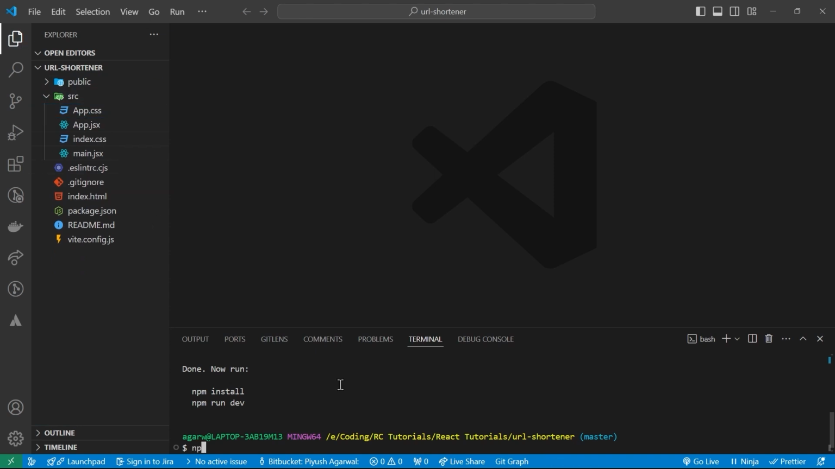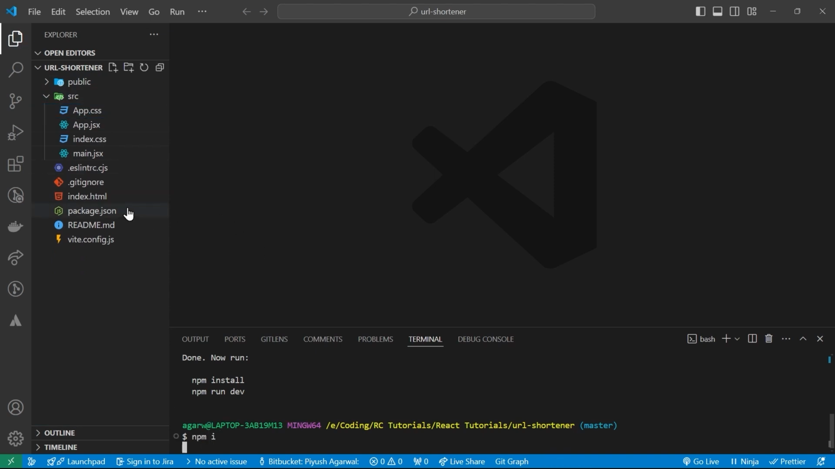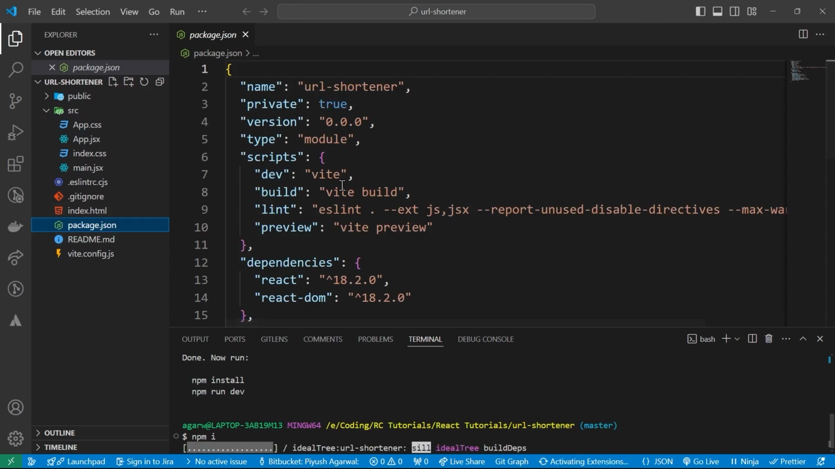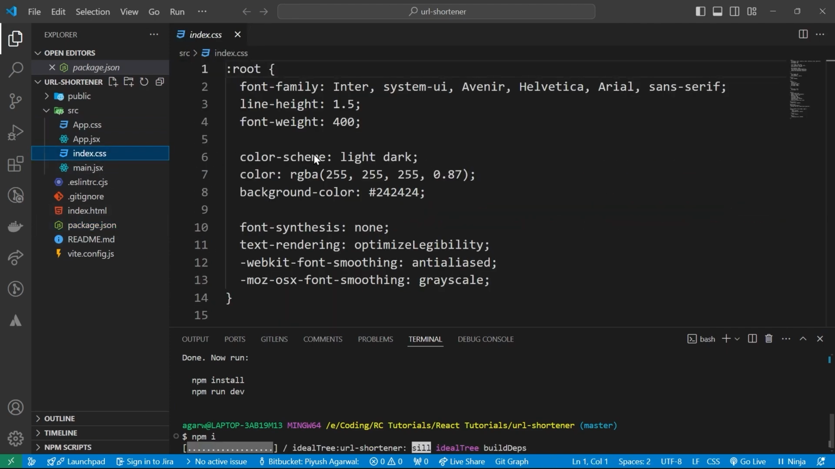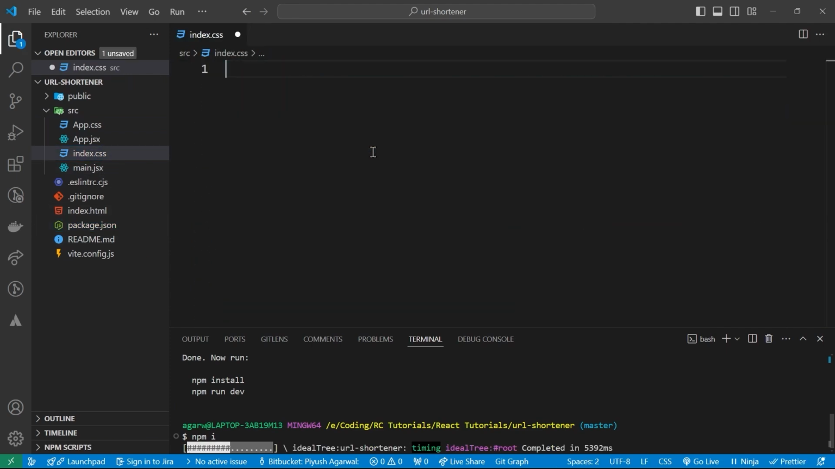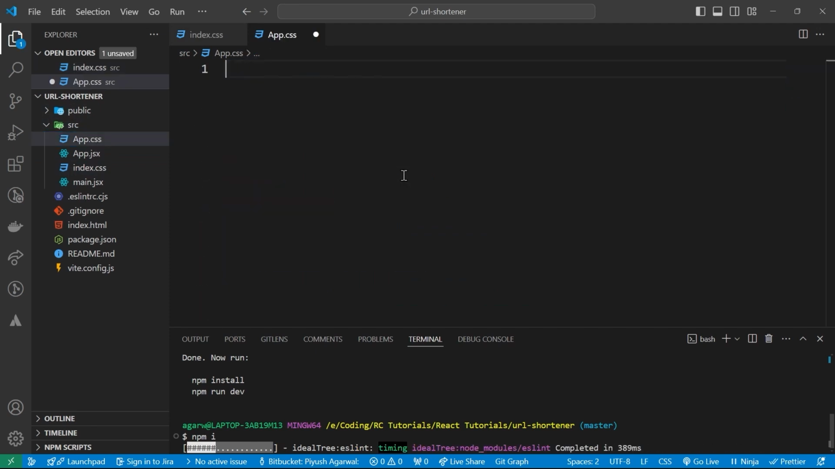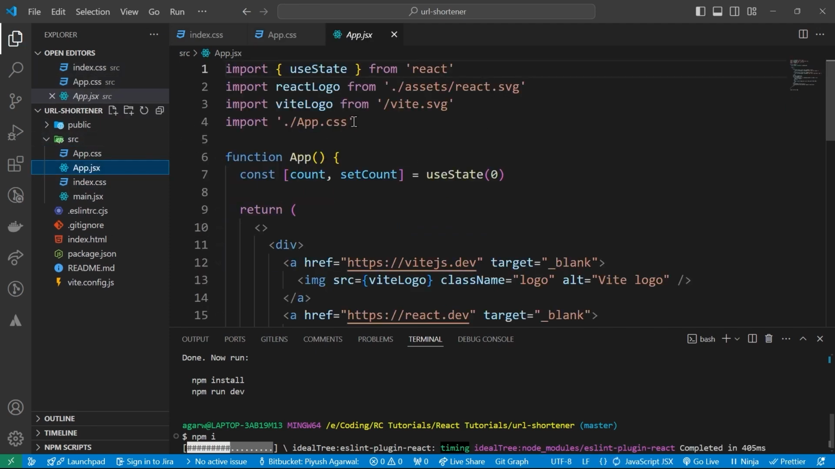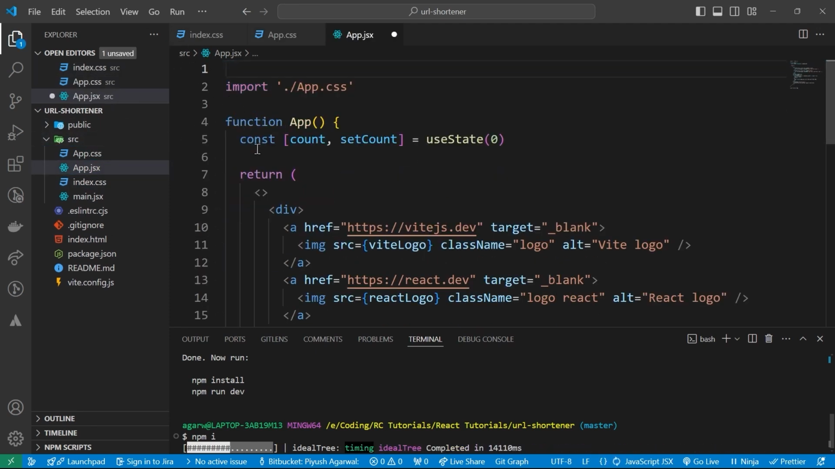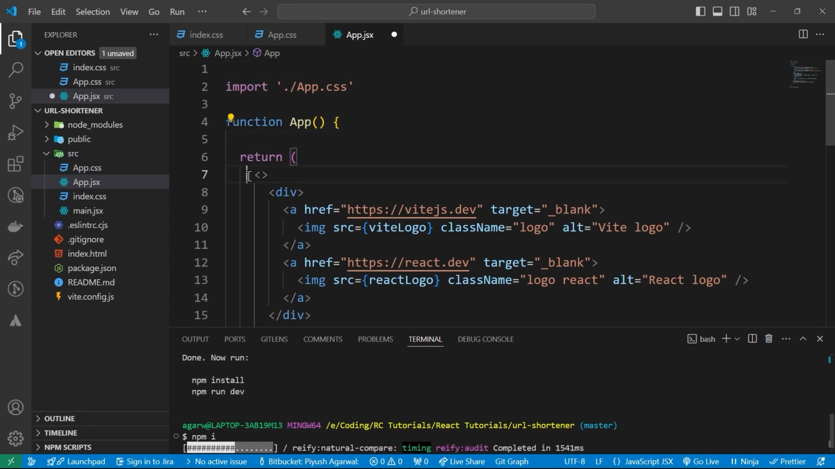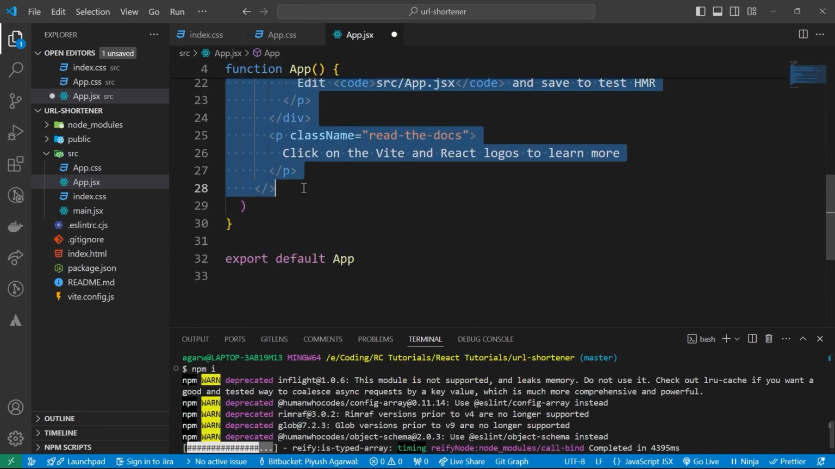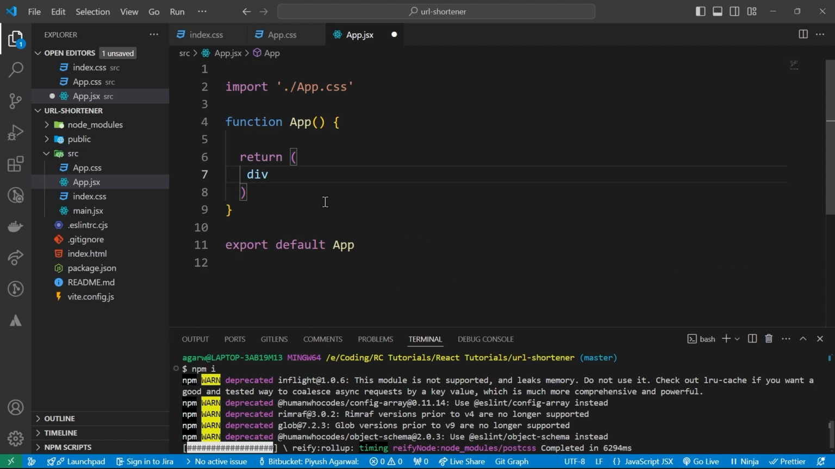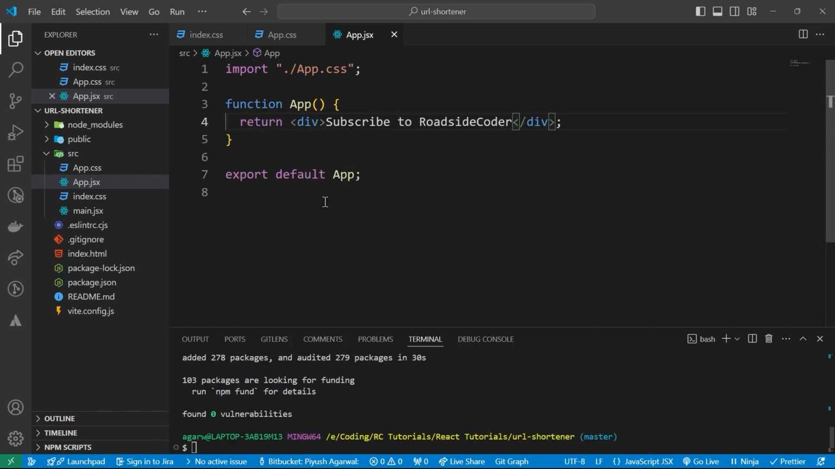And meanwhile, I'm gonna say npm install to install all the dependencies that are inside of this package.json file. So let's just remove the things that we're not gonna need inside of index.css and the app.css. Inside of app.jsx, I'm gonna remove all of these things, this state right over here, and all of this code over here, and simply I'm gonna have a div which will say subscribe to Roadside Coder, which you should if